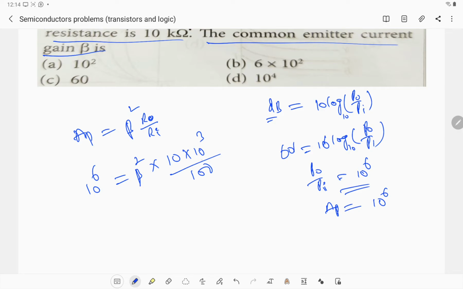From this, 10 to the power of 4, therefore beta square is equal to 10 to the power of 4, therefore beta is equal to 100. So this is the final answer. Next,